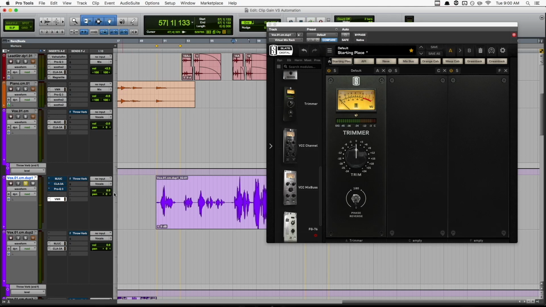So as you can see, even when I brought the volume fader all the way down, we were still getting level here. But then if I do the same thing with our clip gain fader,